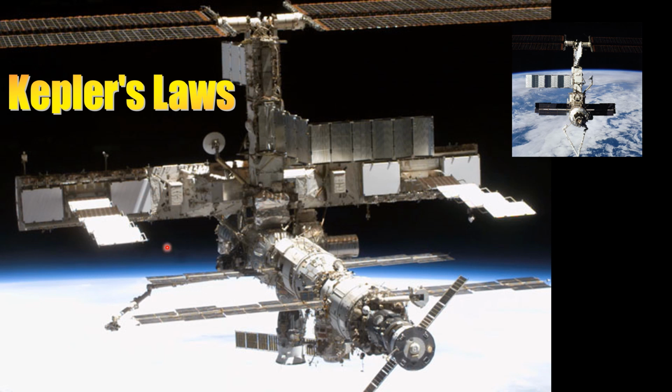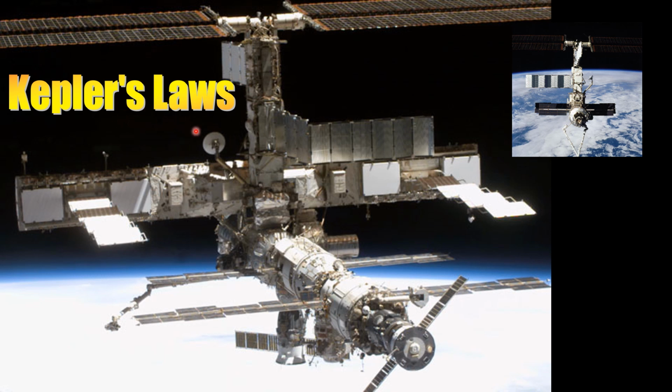This is constantly orbiting the Earth, and it's actually not very high. You can actually see the glow of the atmosphere in the distance there. When we say it's in space, it's really not in far space at all. It's actually really at the top of our atmosphere. But it is in orbit around the Earth, and that means just like any object in orbit, this is governed